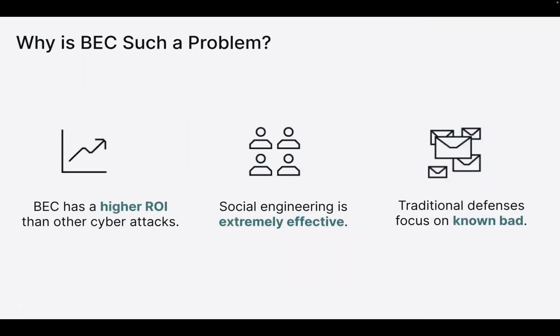As we look at, why is this so difficult to catch? Why does this continue to be a problem in any environment we talk to? Business email compromise has a lot higher ROI compared to the other cyber attacks, right? If they can convince someone to make a payment, whether it's an invoice or maybe payroll fraud or gift card fraud or a variety of others, these are very profitable for the bad guys. So they're continuing to change their strategies in order to ensure that they can land on the inbox and socially engineer their way into a huge payday, right?